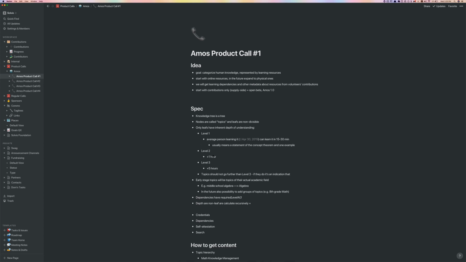Level 2 is where you require another hour or hour and a half to get to that level of understanding, and level 3 is another 5 hours. And topics should not go further than level 3, because if they do, it's an indication that they should be divided. So leaves have this notion of level, and then level essentially